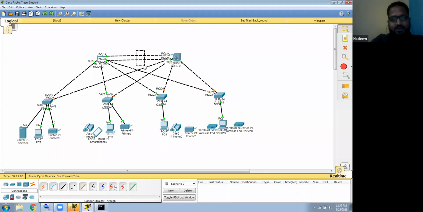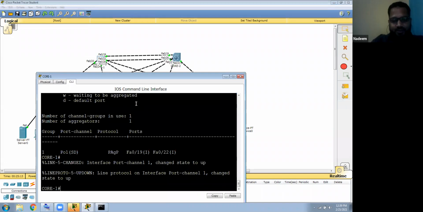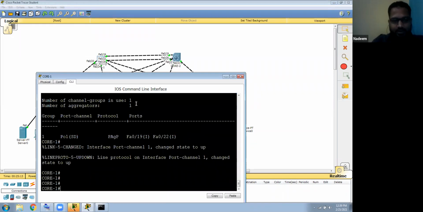So we made this. So what is the advantage? So we got the 200 Mbps uplink trunk, and spanning tree will not block this port. You understand that one? Previously, it is done. So that's the one thing. So now I need to make some more things. I need to make a spanning tree.